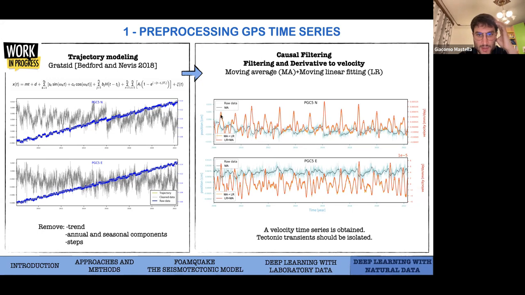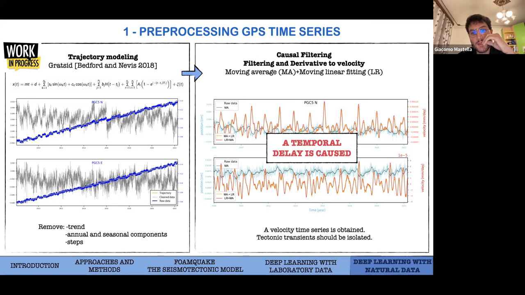So here I represented the example from a GPS station, PGC5, which is a station located close to Vancouver Island along the Cascadia subduction system. And here I represented the result of all the processing that I described. Ideally, each vertical peak should represent a given slow earthquake. But there is a big problem,